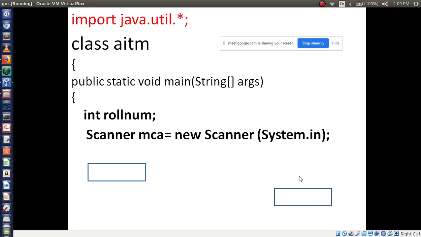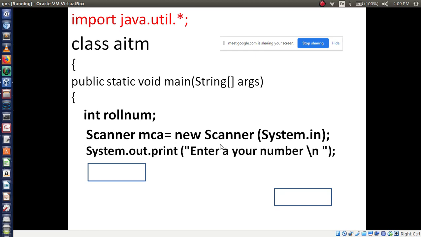Okay, parameter. Very good. After writing this, I want to print in the output window: enter your number. To display this, you have to use SOP. So SOP print enter your number.